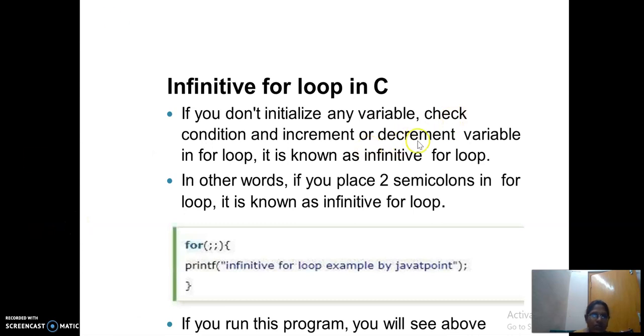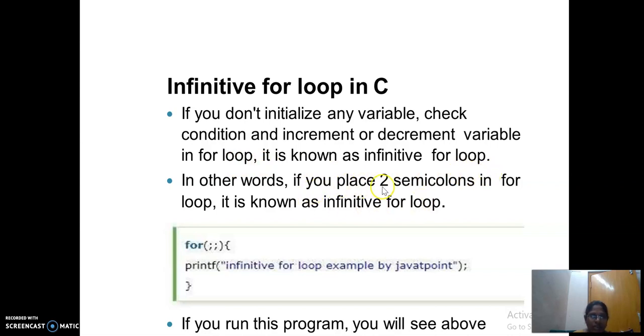Infinite loops in C. See here what we have discussed. If you don't have a condition here, it will lead to an infinite loop. See here, if you don't initialize any variable, check the condition, or increment or decrement the variable in a for loop, it is known as an infinite for loop.